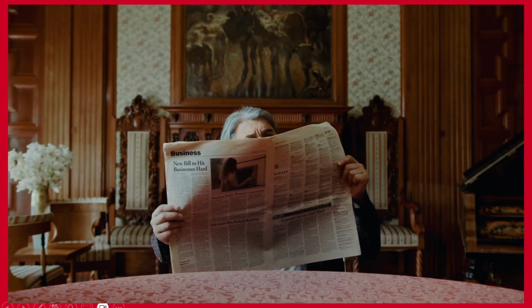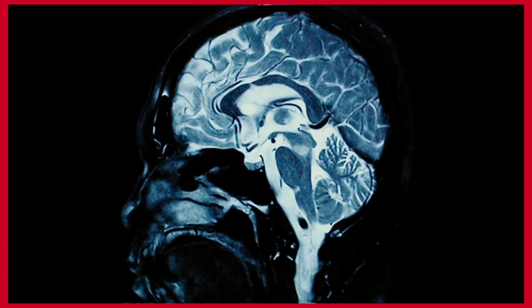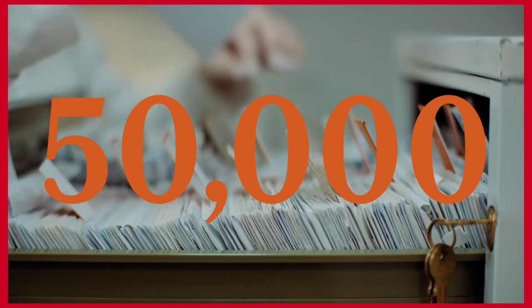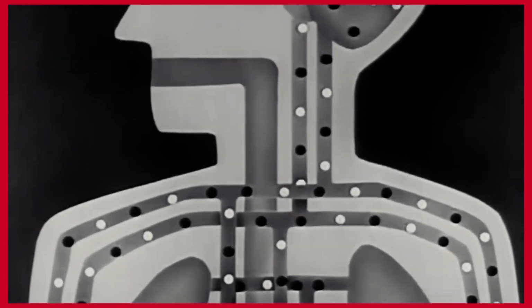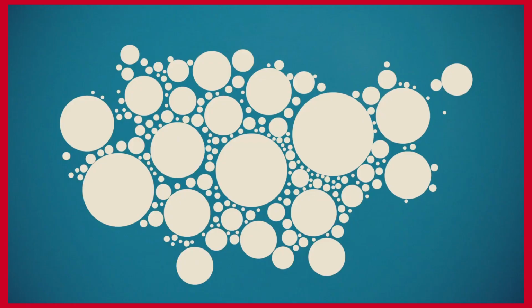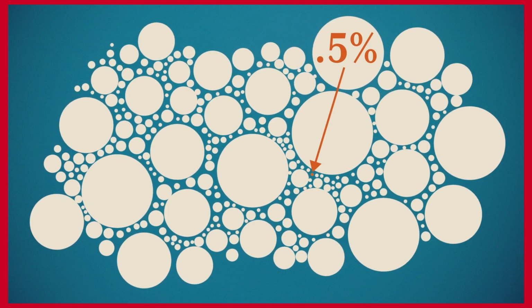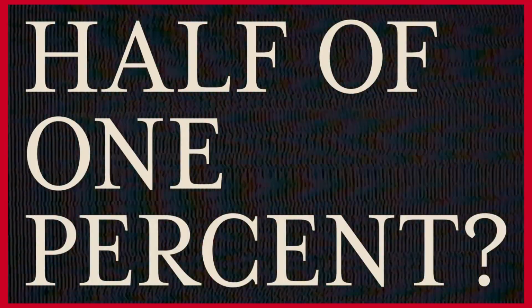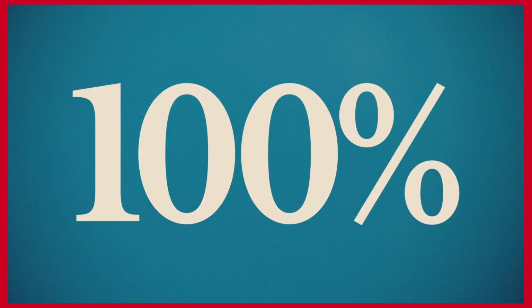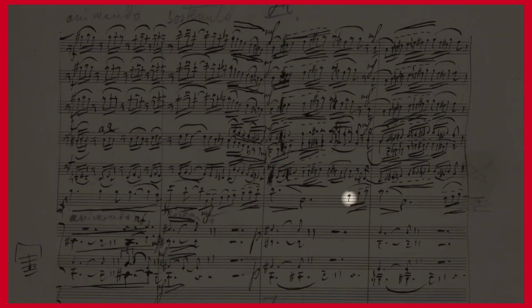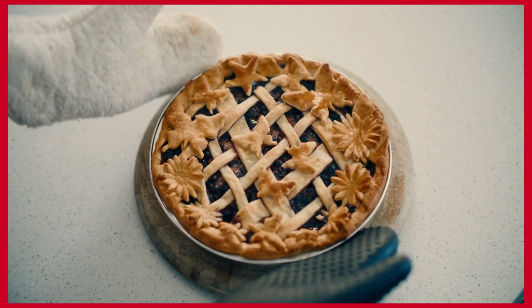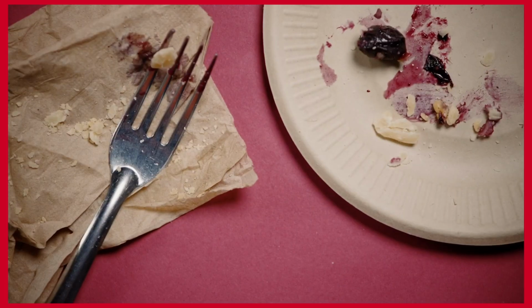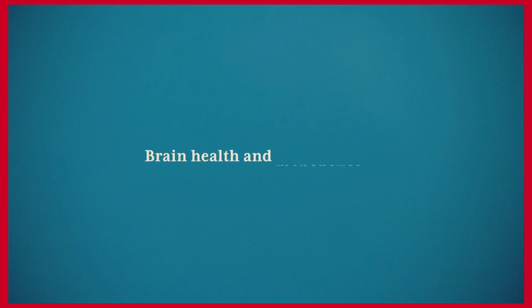Let's start with some good news. Neuroscience is having a moment. We are learning more about our brains than ever before. Over 50,000 neuroimaging articles have been published since 1995, shedding light on the most complex organ in the human body. Of those 50,000 articles, about half of the test subjects are women, and yet only half of 1% center on matters specific to women's bodies. Wait, that can't be right. Half of 1%? Guess that brings us to the bad news. Half of 1% is so damn small. It's this small and this little. If you made a pie chart, let's say boysenberry, half of 1% is that. There. That's the entirety of what we know about brain health and